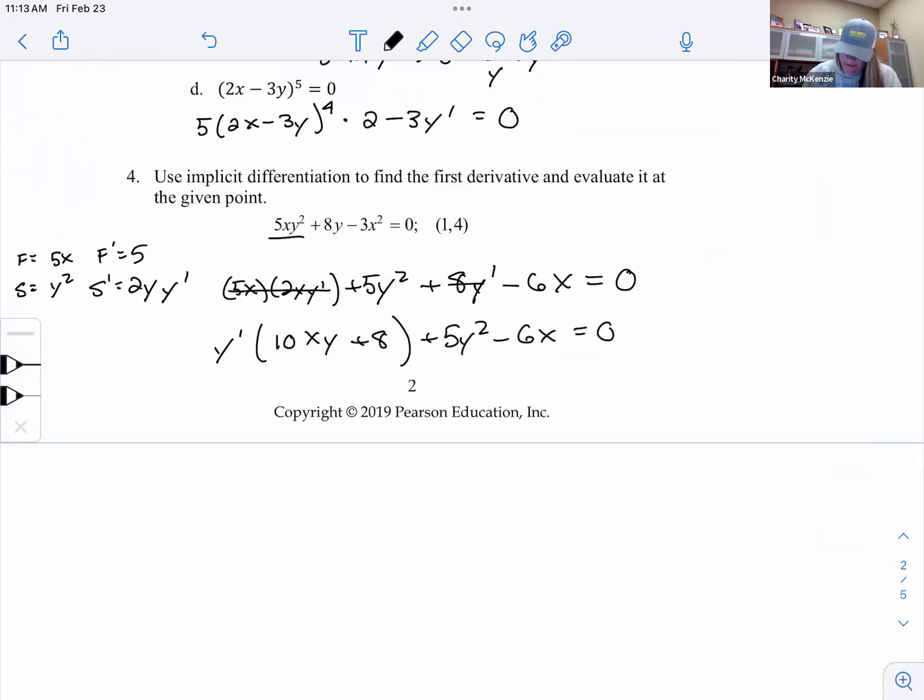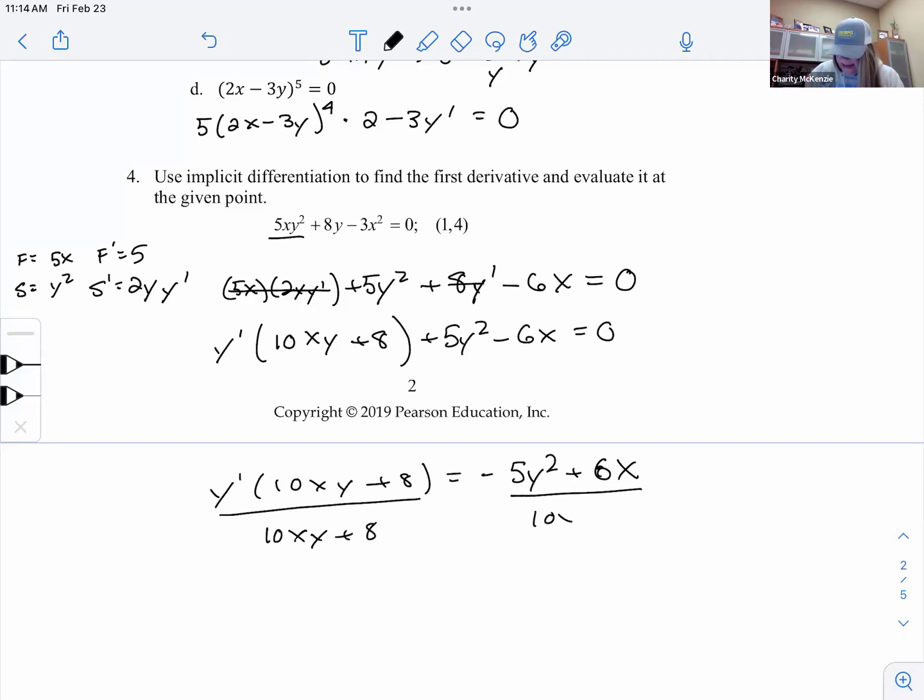So then from here, if I want to solve for y prime, I could minus this term over, add this term over, and then I can divide by this. So that's what I'm going to do next. I'll start with just moving the two terms at the end here. So we have this, and now it equals a negative 5y squared plus 6x on the other side. So minus the 5y squared over, added the 6x. Now I can divide both sides by this 10xy plus 8, and we would have y prime is equal to this whole thing